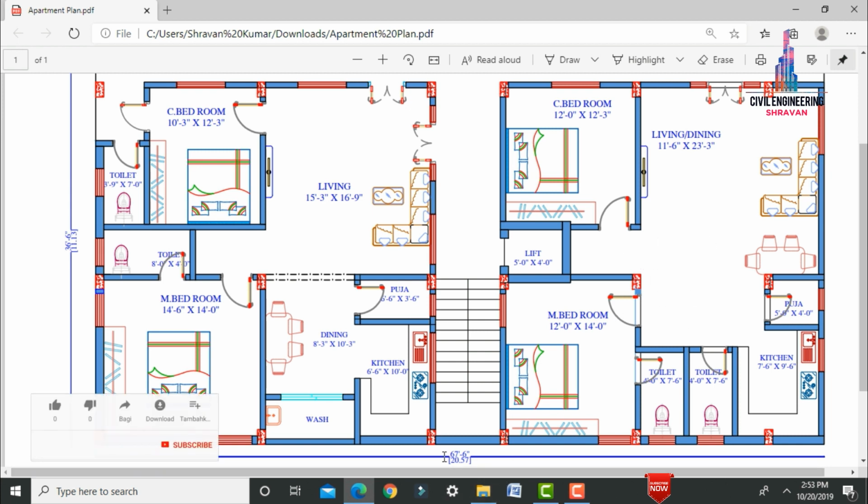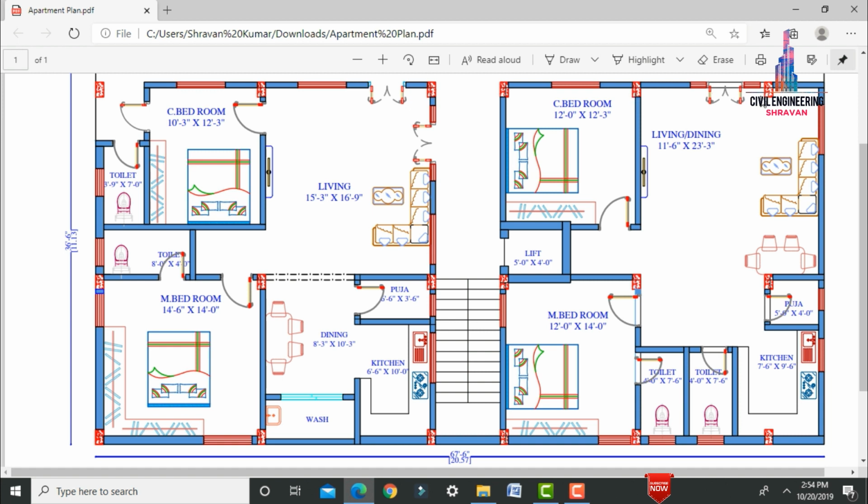The length of this building will be 20.57 and the width will be 11.13. Initially I will assume the center to center distance between the first column and second column is 5 meter. Again I will take the second column to third column as 4 meter. Again I will take the balcony distance as 2.5 meter. Again I will take this distance as 4, and this distance as 5.